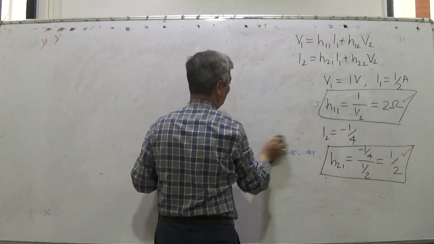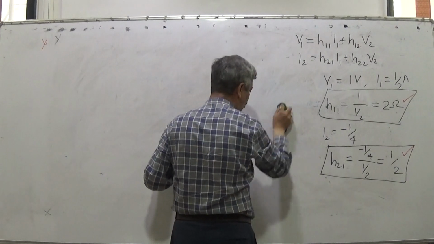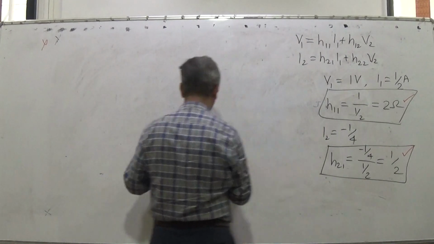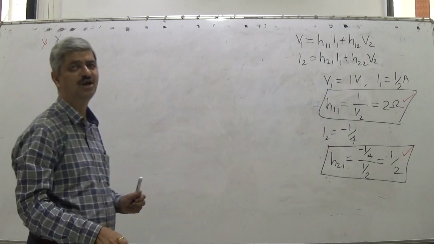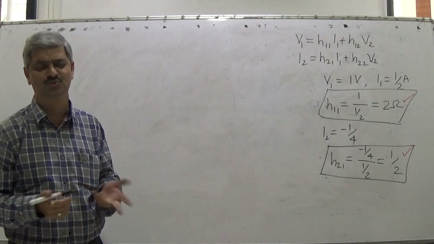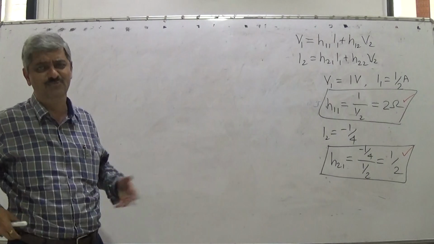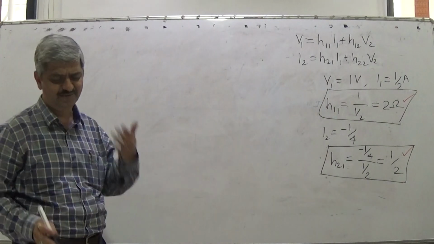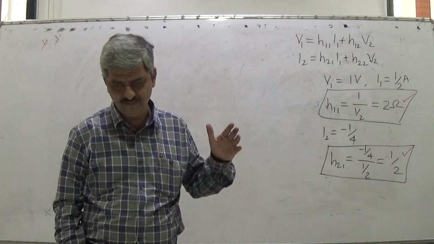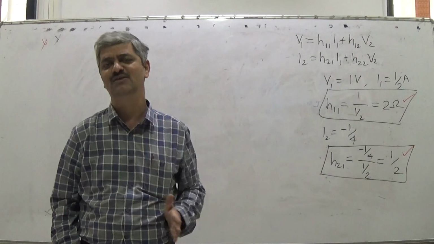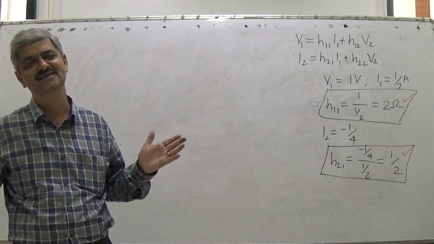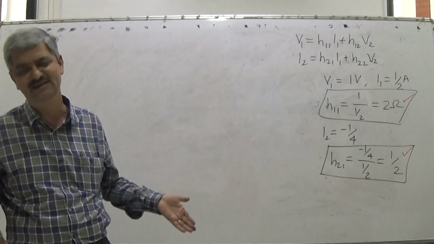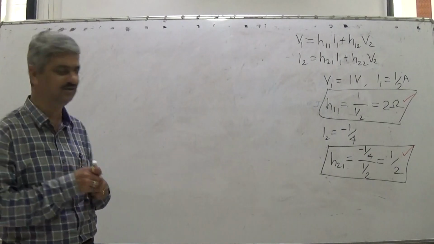Similarly, why ABCD? Why not Q11, Q22 like this? These are called transmission parameters. Why not T11, T12, T21, T22? It could have been, but the world is presuming something and there is some convention. Few of you may challenge it and few of you may establish your own convention, but it will take time. Right now we go with the convention used.